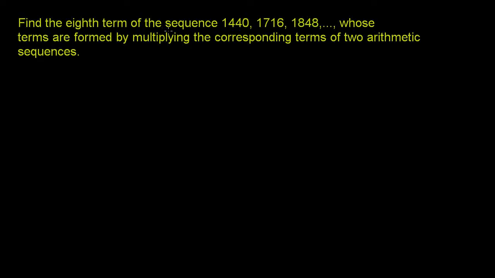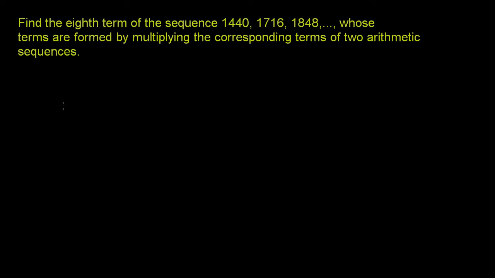Find the eighth term of the sequence 1440, 1716, 1848, and so on and so forth, whose terms are formed by multiplying the corresponding terms of two arithmetic sequences. Arithmetic sequences. Always having trouble saying that properly. So let's think about the two sequences, and then we'll take the products of corresponding terms to get the terms